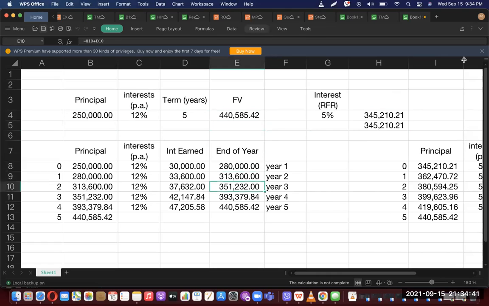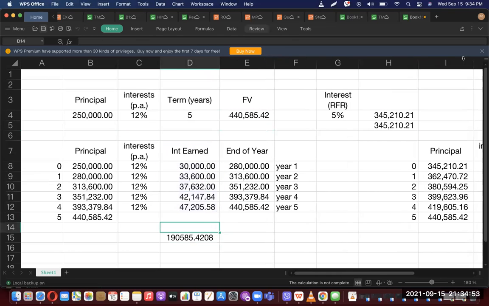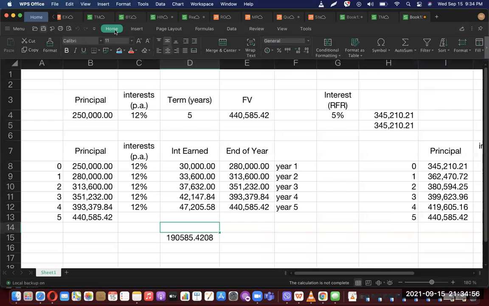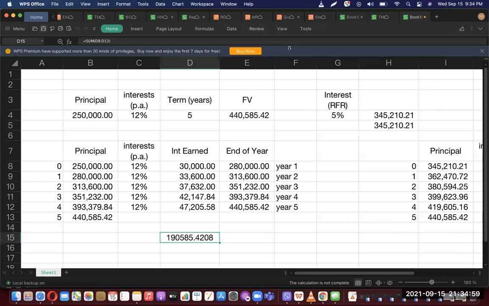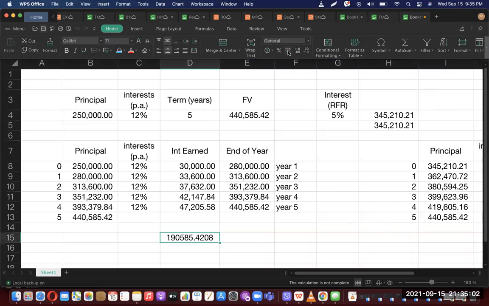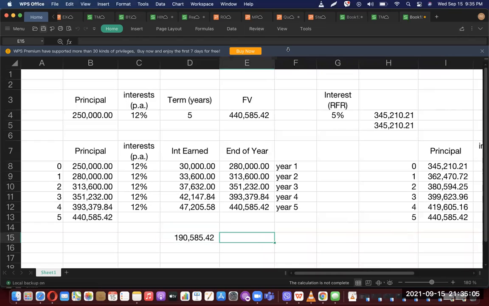Dito kung tutusin, ilan ang interest earned mo dito. So, pag kinuha mo natin yung interest earned dito, the interest earned would be, yes, this one. Diba? Ang interest earned would be 190,585.42. Now, the difference between 440 and 345 would be, actually, ito yung magiging discounting. 95,000 lang. Right? So, imbis na bayaran mo kita ng 190,000